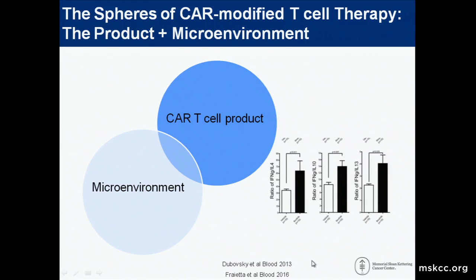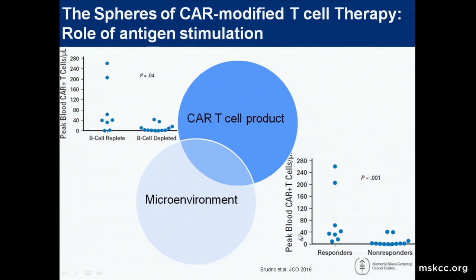Investigators looking at patients receiving CAR-modified T cells on ibrutinib, there appears to be skewing of Th1 type cytokines in the setting of ibrutinib and potentially enhanced expansion. Marcela Maus was a PI of one of the studies in Boston. So again, pharmacologic adjunctive therapy may be appropriate in this setting, along the lines also of the microenvironment,